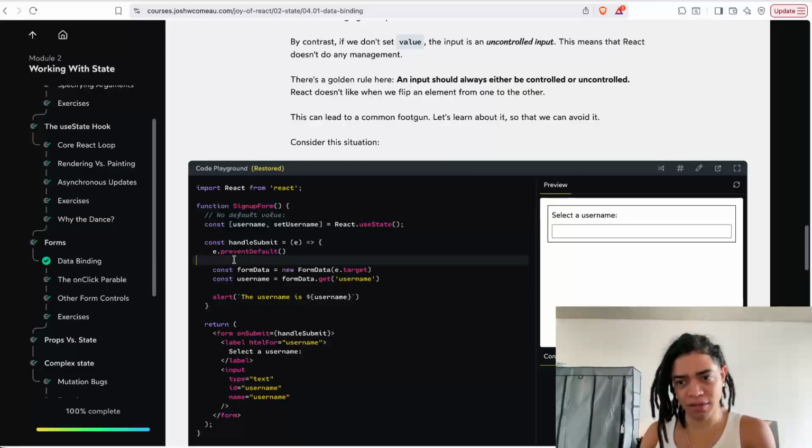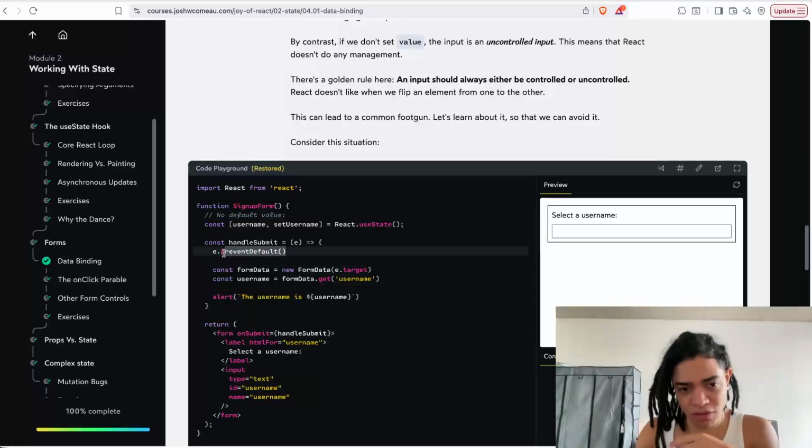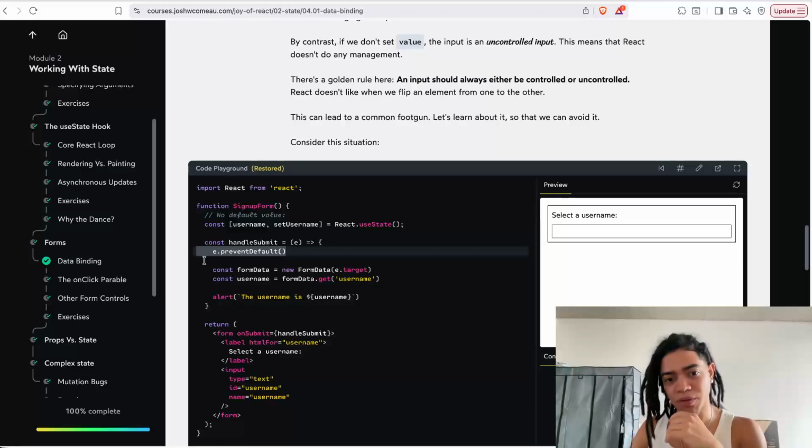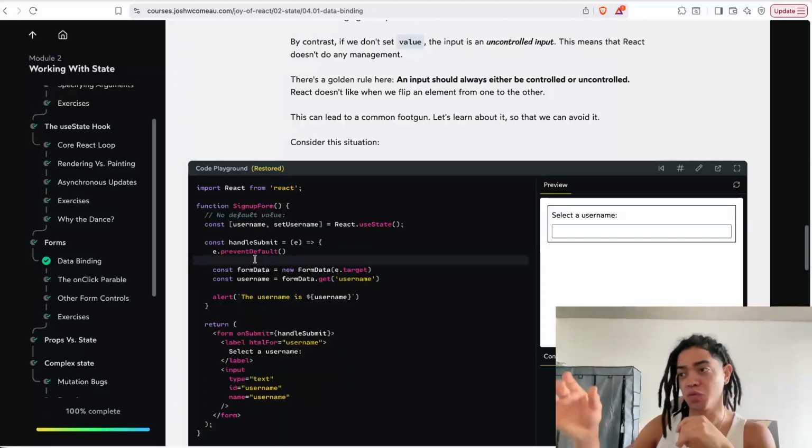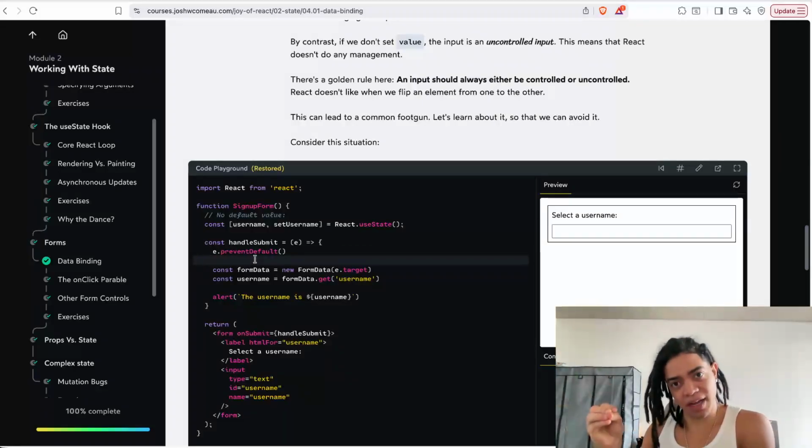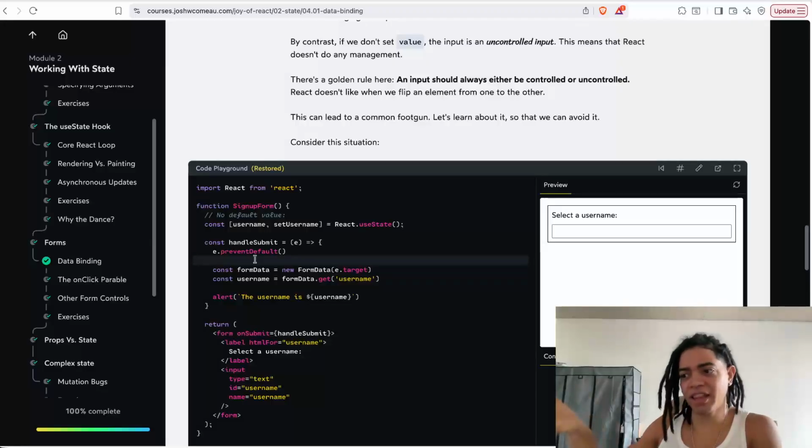By default, anytime that you submit a form, the browser refreshes that page with the piece of data that the server provides, right? So because we don't want that behavior, we want to prevent that behavior by default, but what we do is to get that value, so get that